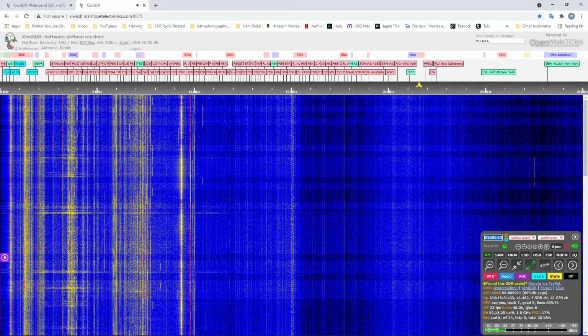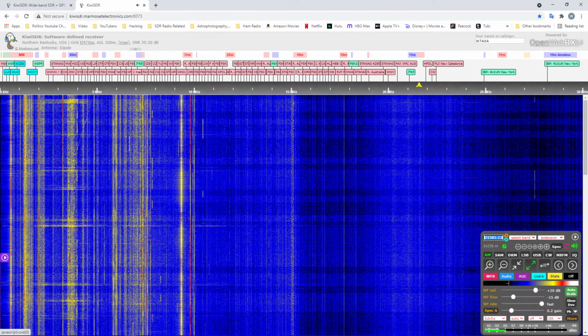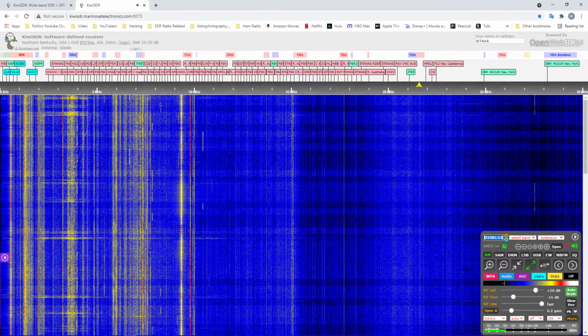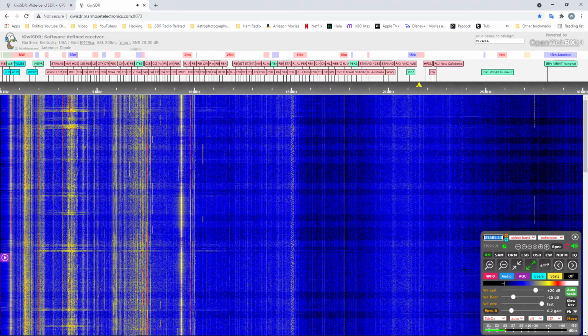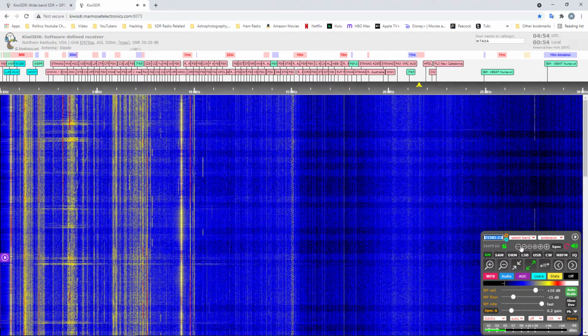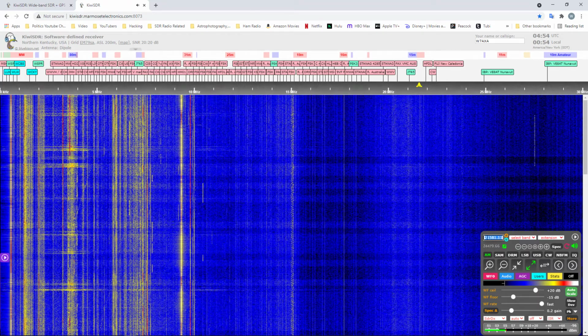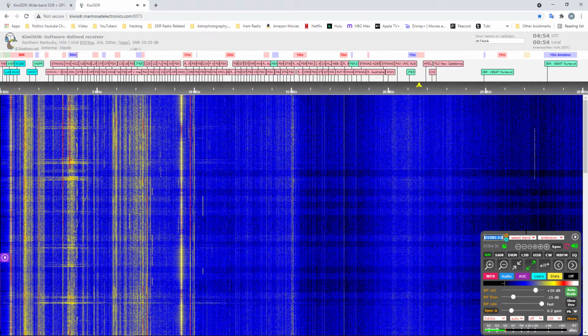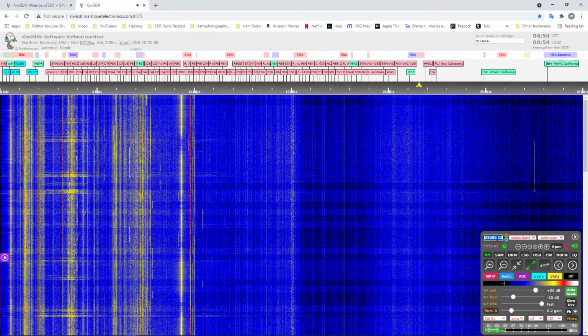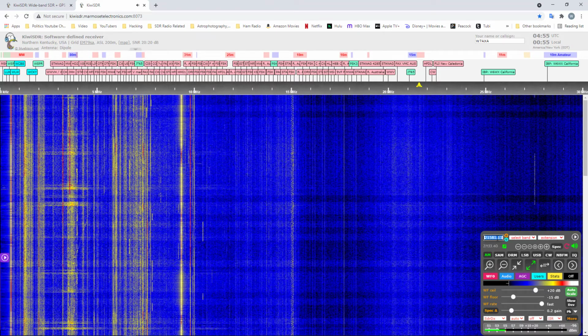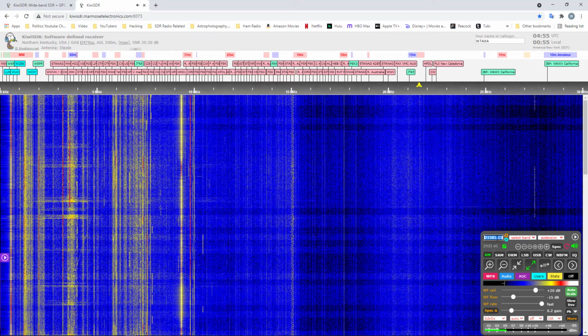So I usually stay here in the waterfall section, and right now I want to go to 80 meters. So if you go to the very top, you can type in frequency for 80 meters.